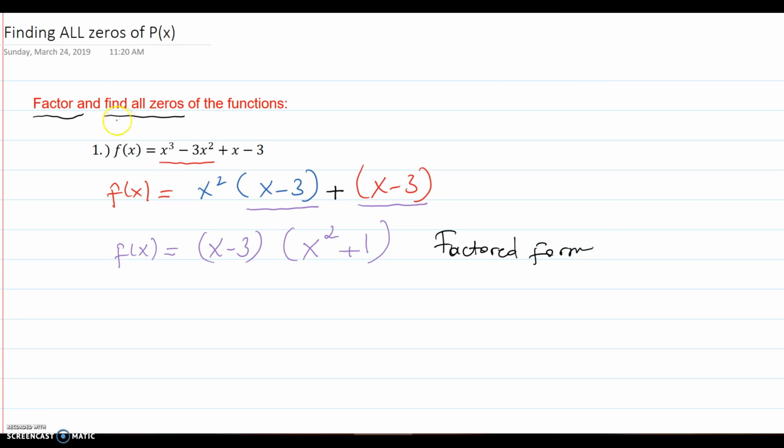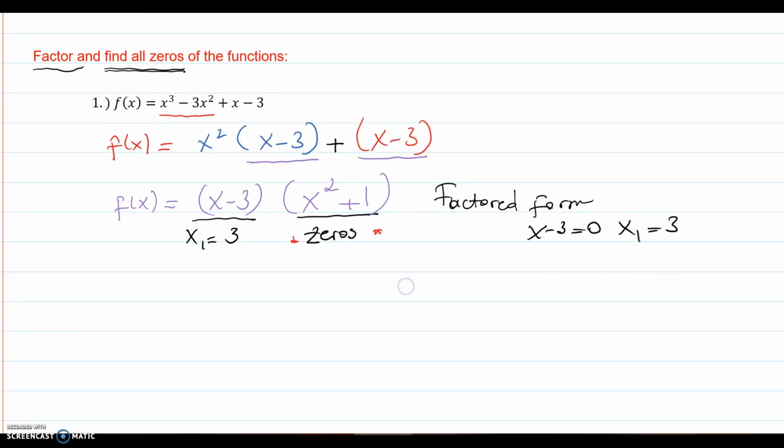Now, remember they were asking to find all zeros. So for one of them, we're going to have x equals 3 by making x minus 3 equal to 0. That's one. Now we need to find the zeros of this portion. Unfortunately, the portion I'm talking about is not very easily factorable, so we're going to go ahead and apply